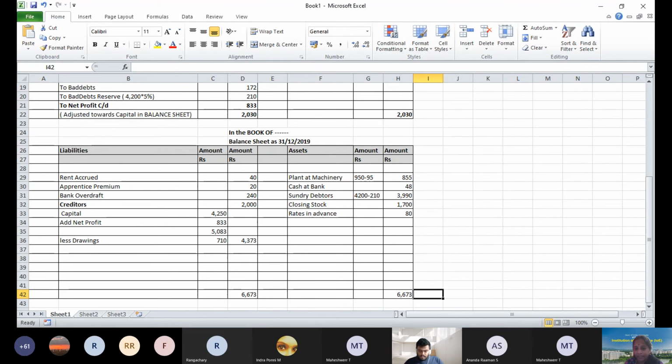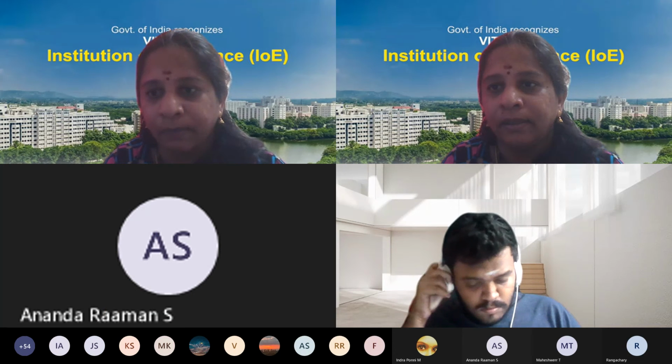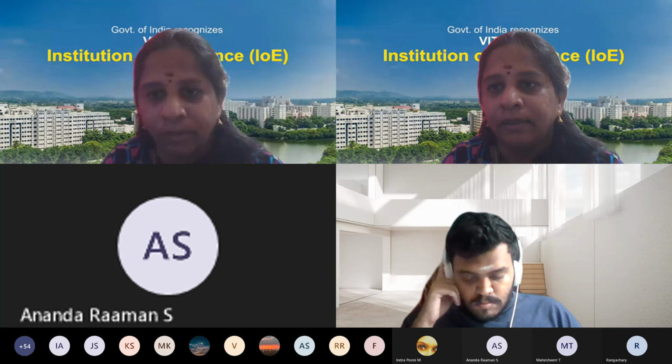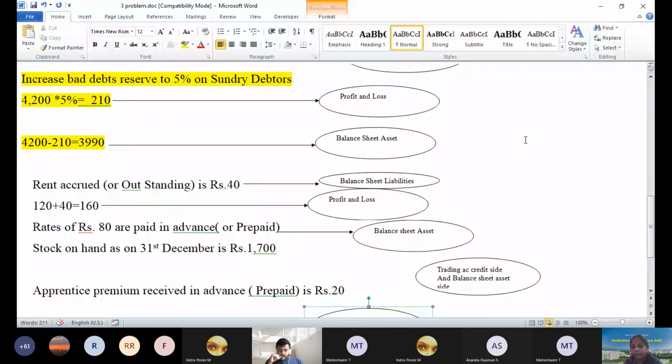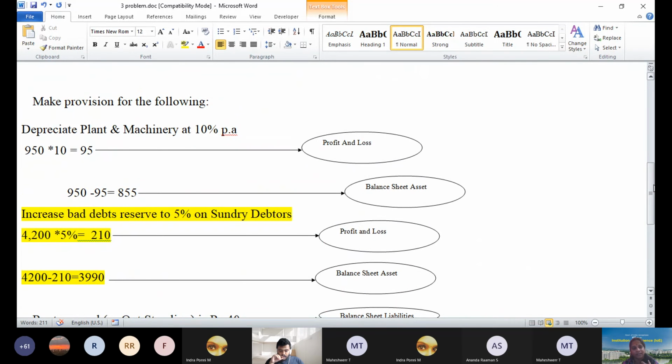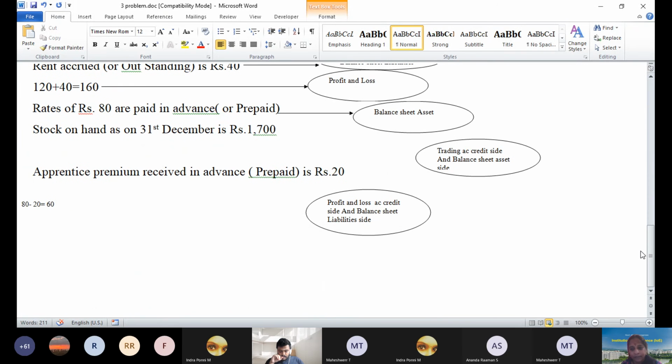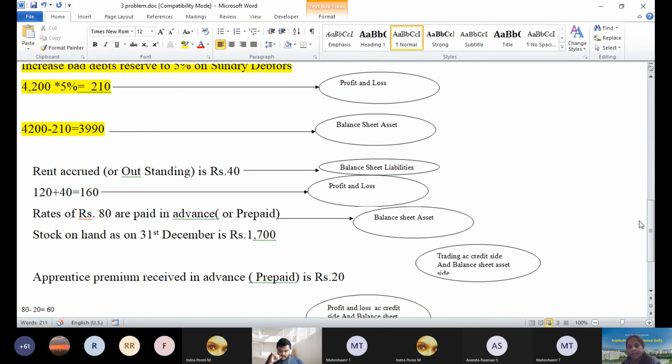Because I was very clear. Again, I'm telling you the adjustments were done in my writings. Remember that. It is only because I have done the adjustments beforehand, and I'm trying to tell you this is how we have to do it. We have to do this working out and then go into that Excel. If we do this working out, we will never forget. This segregation is very, very essential in an adjustment. One page segregation of adjustments is very important if you want full marks.